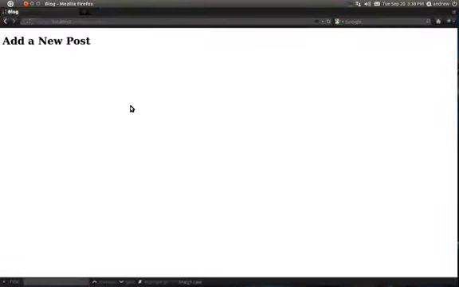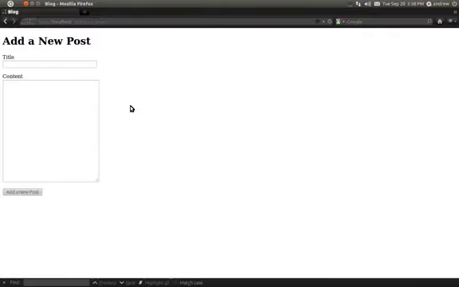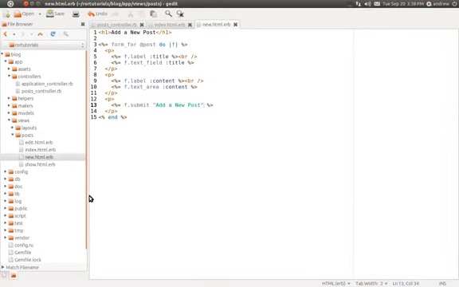save it, and we can go take a look at our form now. We'll switch back to the browser, we'll refresh the post's new page, and there's our form. It currently doesn't work. The form will try and submit to our post's create action, but our post's create action doesn't do anything yet. So let's fix that. We'll switch back to our text editor,